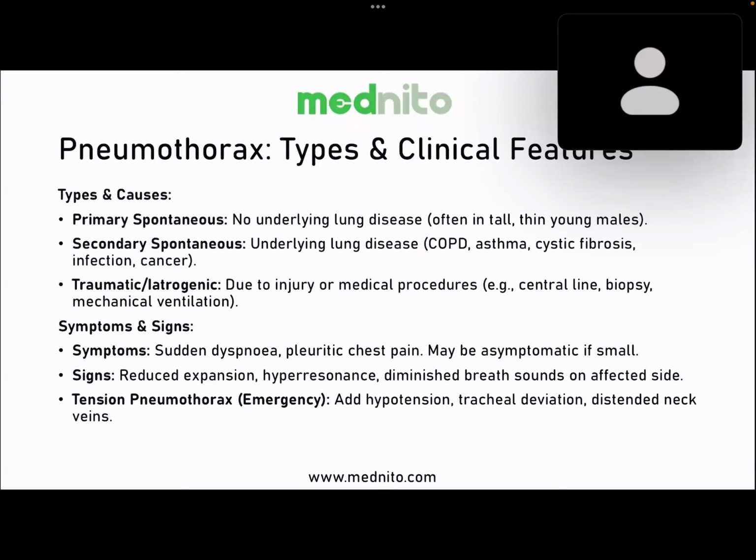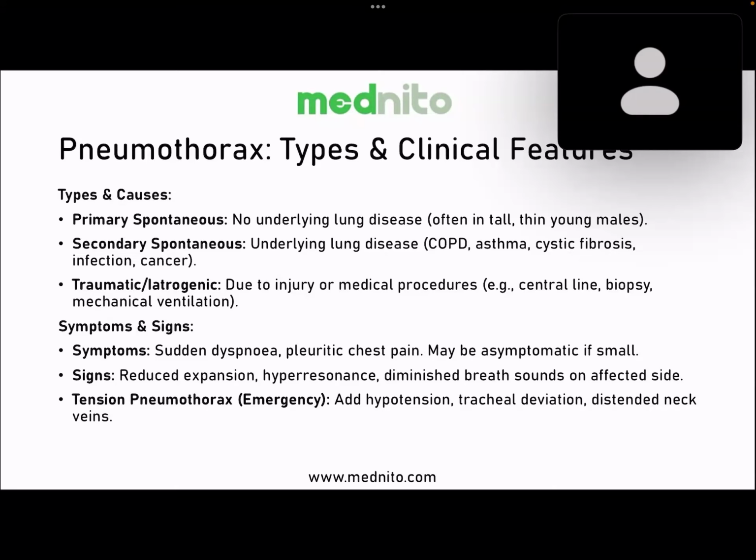Okay. You'll have to chant this. Tall, thin, young male smoker. That's it. Tall, thin, young male smoker presenting with shortness of breath after a flight journey is primary spontaneous pneumothorax. Most of them argue that the patient has got pulmonary embolism, but if the patient has got pulmonary embolism, there will be pleuritic chest pain. That is usually the chest pain which is worsening when taking deep breaths in. That is usually suggestive of pulmonary embolism.